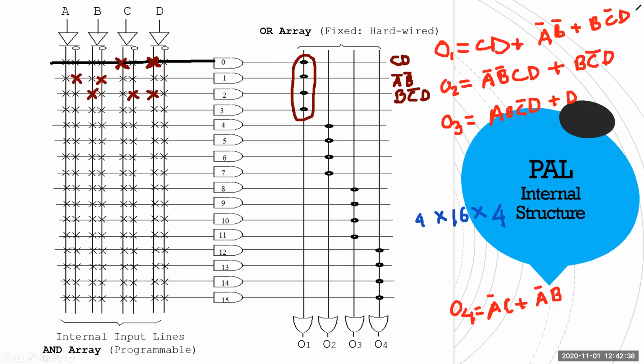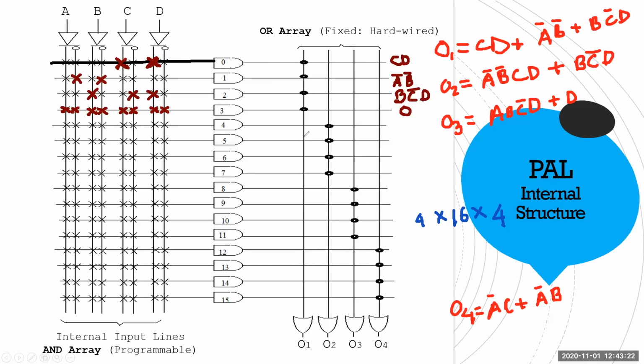Do you have anything else? No. But we have one AND gate extra, right? What we will do with it? This one should be empty. Empty means 0. 0 means all of them will be connected, because we do not need it. These four are already connected. You can see they are not crossed. They are actually hardware, they are actually fixed. So this is O1. Got my point?